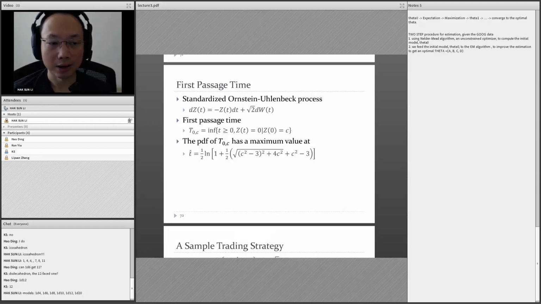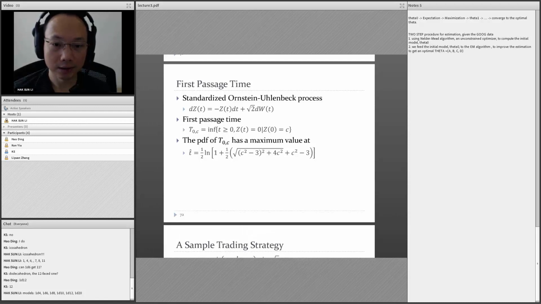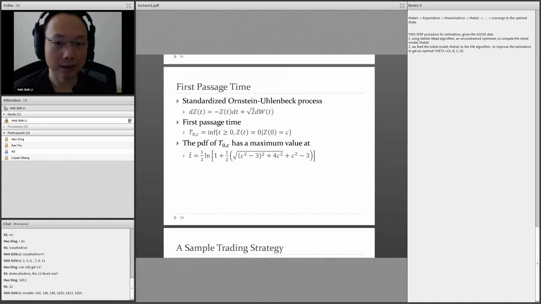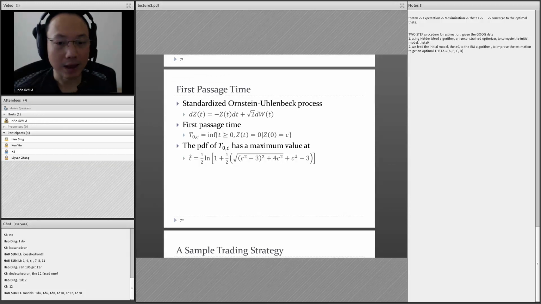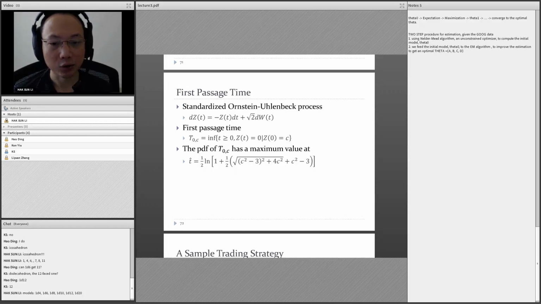So for example, in our example, this is the peak. So you enter at the peak and then you sell back when the process gets down to 0, and this is the time. Oh, by the way, this time is a random variable, right? The time that it takes the process to go from C to 0 is a random variable. It can take 1 second, it could take 10 seconds, it could take forever, or it may never happen, right? So this time itself is a random variable, so it can only be described by a probability distribution, and